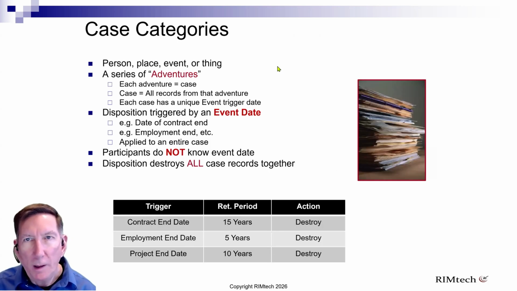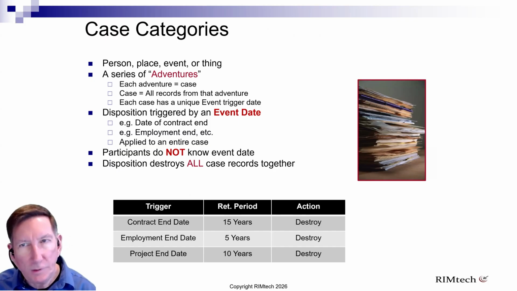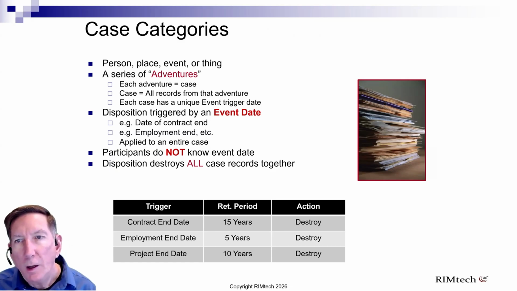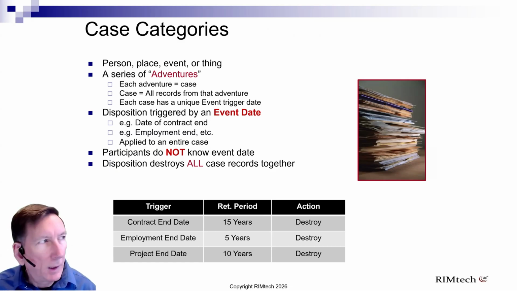So as I said, case records are about a person. It's really case activities or categories. So if the activity is a series of repeated adventures, each adventure being a case, and each adventure generates records unique to that case. For example, we might have projects. You might do 6 projects in a year. Each project